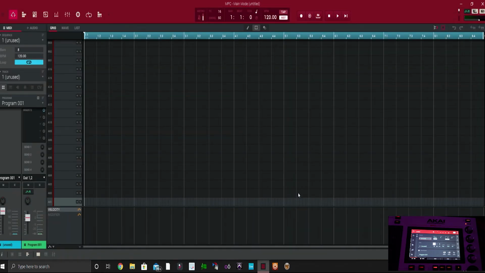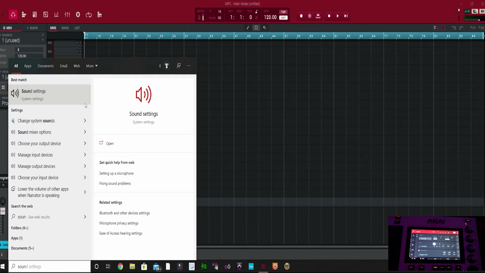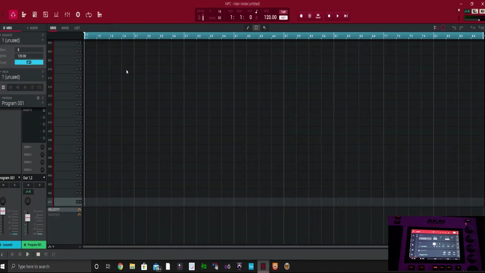All right, so that's basically how you get sound. And if you don't have sound, then you probably don't have the right audio engine selected in your sound settings. Go down here and type sound settings, go here. Make sure these two correspond with what you have selected in what we just did in MPC. All right. That being said,